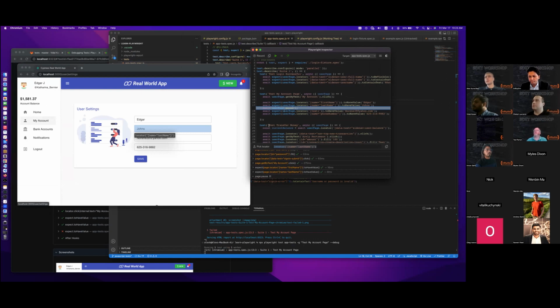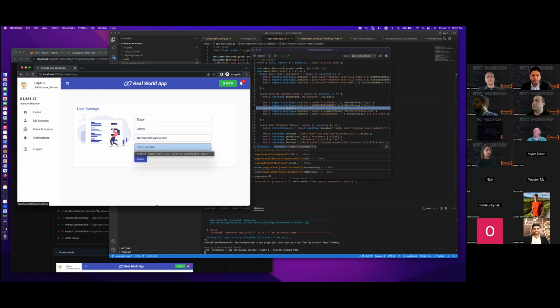You can copy this code from here. Also, you can see the current locator which is being executed at the cursor, this last one. And then you can pick a locator using this tool. So basically, if you click this pick locator, then you can point at any field.